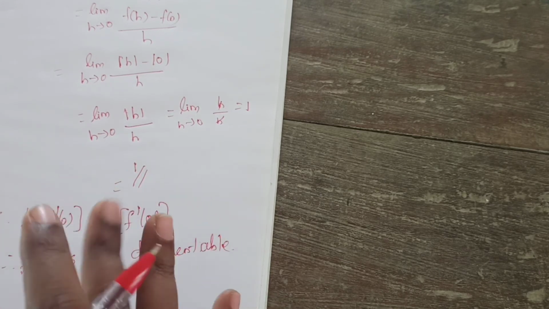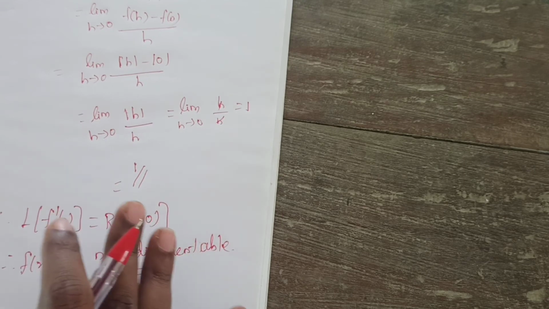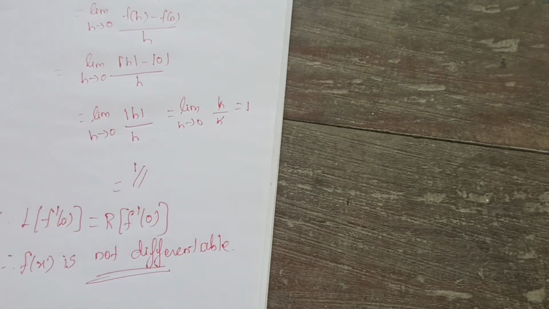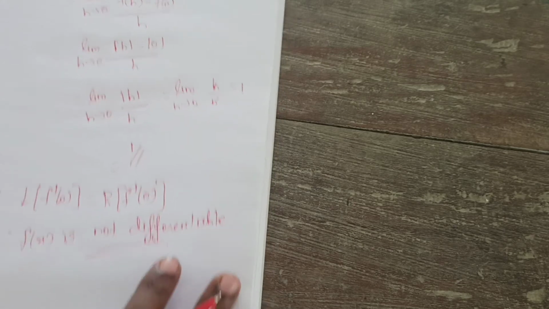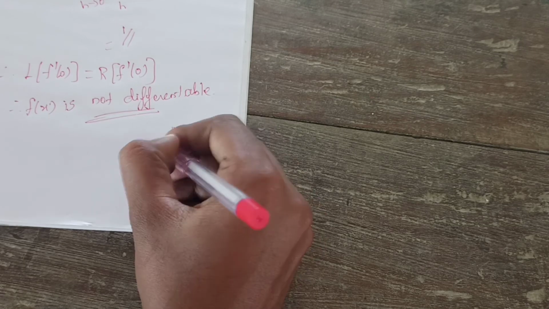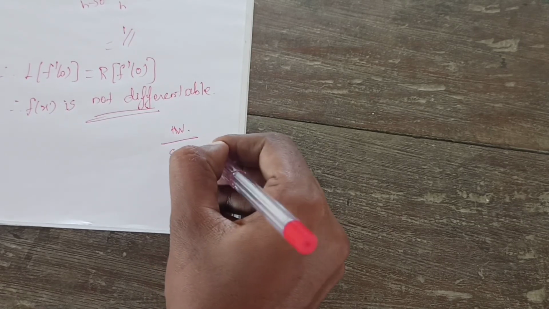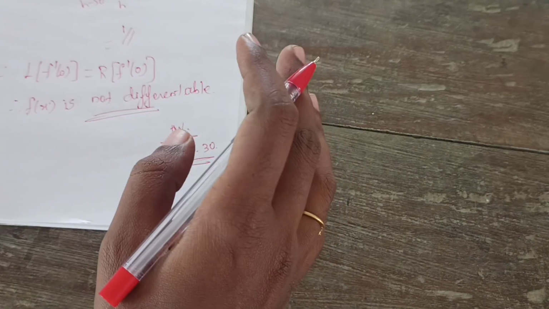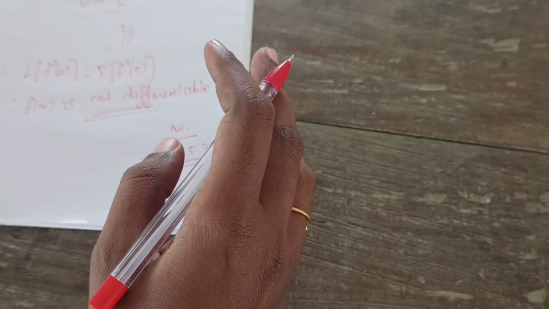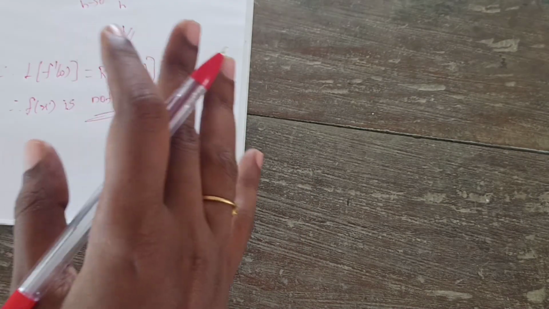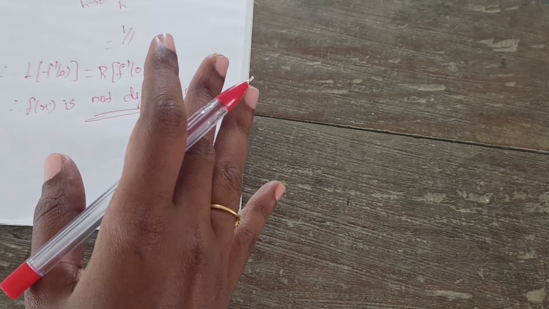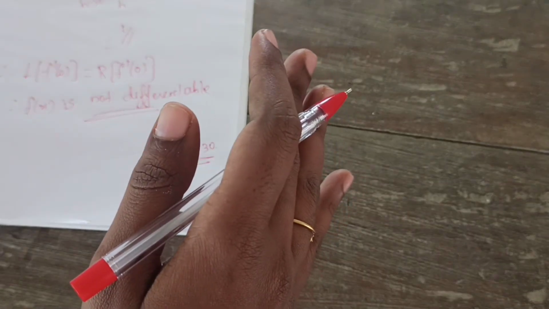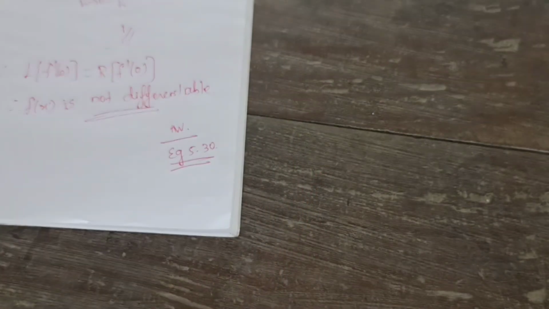Understand, students? Okay, so we have completed this example 5.29. One more example is there, so that one you can try. That example problem is the easiest to do, so that one you can do as homework. Example 5.30 is your homework. In your book it's there, don't think we can copy from the book. You yourself can do it. That is x square is given. Same as this problem, L of f dash of 1 and R of f dash of 1 you need to find. Both equal means we will say it is differentiable. Not equal means we will say it is not differentiable. Understand? So this problem is your homework.